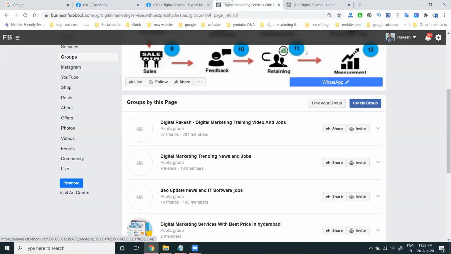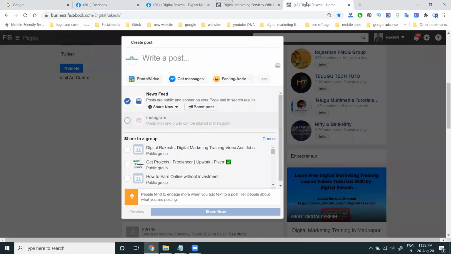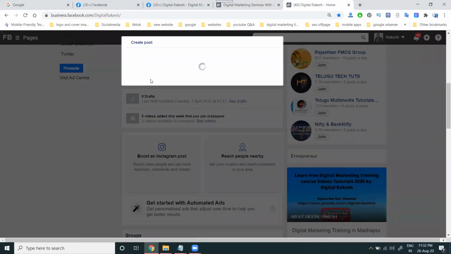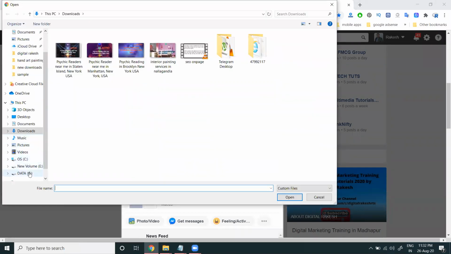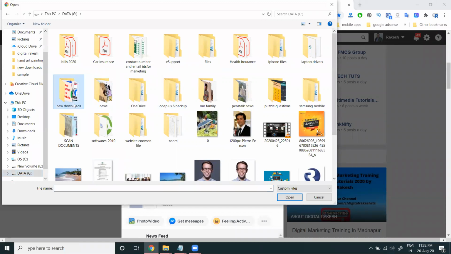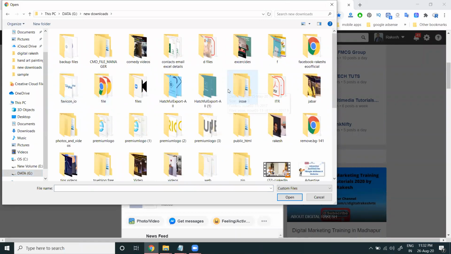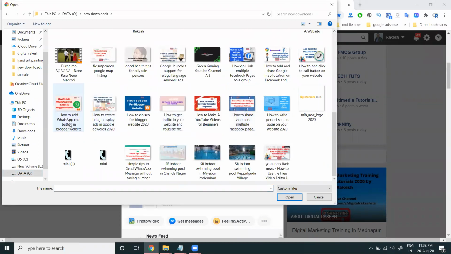When you're posting on this Facebook page, at a time you can upload to the Facebook page and group also. All of that will be given by the particular Facebook page and groups. That is the purpose for linking the particular page and group option. I'll show an example. I'm uploading this content. Select image, video, image, everything is possible, but mostly we share images.